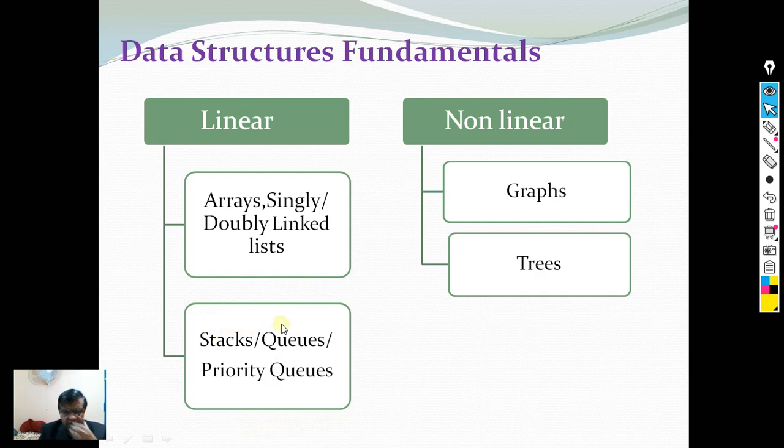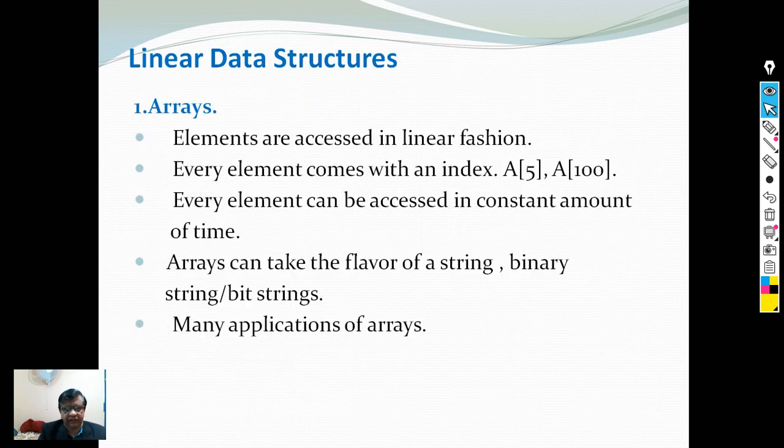In non-linear data structures, the elements are not accessed linearly, however they will be accessed in a tortuous way, in a zigzag way. For example, in a graph, in order to access a particular node, you have to take a left turn from the starting node, then a right turn, something like this. In a tree, you may have to visit the left subtree, right subtree, left subtree, something like this. So in order to access a particular node, we have to move in a non-linear fashion. We will discuss arrays as the preliminary data structure.